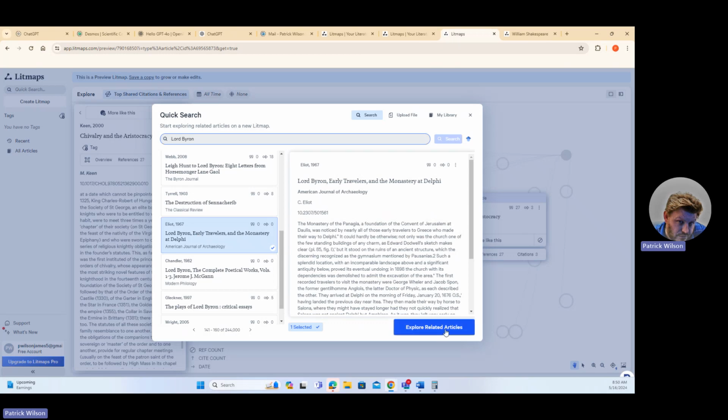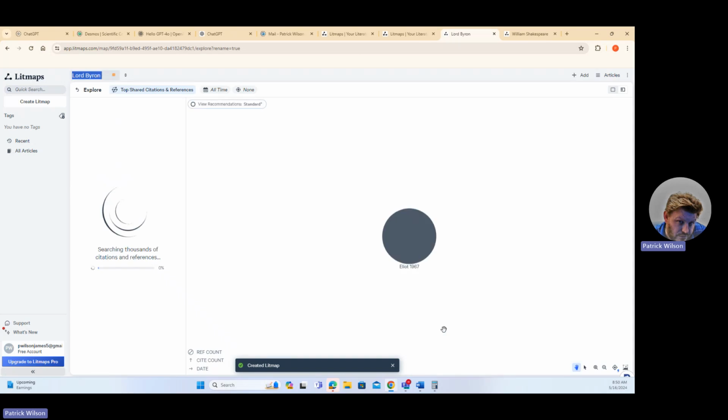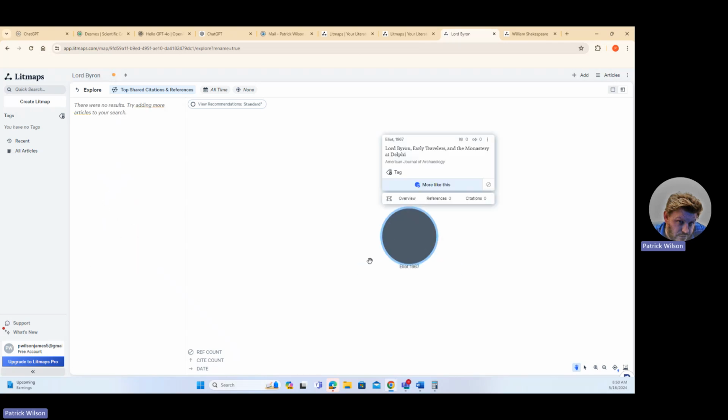Okay. So this is the main thing that I clicked on, the main article. And now it's searching thousands of citations and references supposedly. And then it's going to start doing its little thing with the lines and linking up to different works. So we will see how well this will do. Well, there's nothing there, right? It kind of tells you there's no reference, there's no citations, but